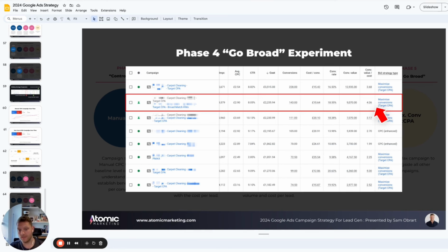Does it bring us cheaper traffic as well? I can see here, actually, even comparing from a lot of the different campaign types that we're running, the one where we're using broad match keyword is actually producing a much better return, and the cost per clicks are pretty much the same across the board. So not too much difference there, but